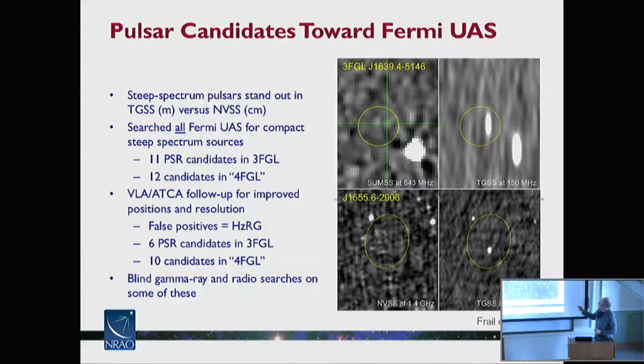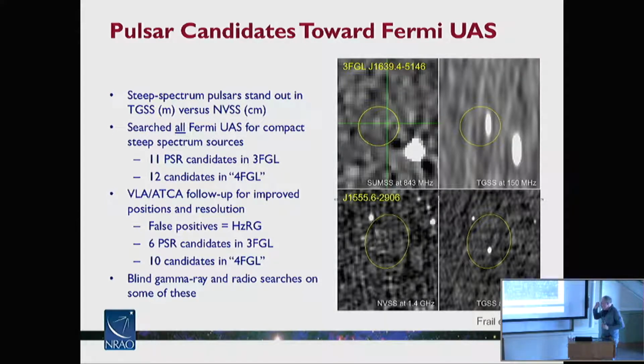The first thing we did is we looked at the Fermi-associated sources. We looked at all of them. We don't have to focus on some small select sample, so we don't have any bias at all. We just said, show me the 1,000 Fermi sources above this certain declination range. We looked at the 3FGL and found 11 pulsar candidates there. Then for experts, we used the 7-year catalog, since we didn't have the 8-year catalog at that time, and identified a further 12 candidates there.